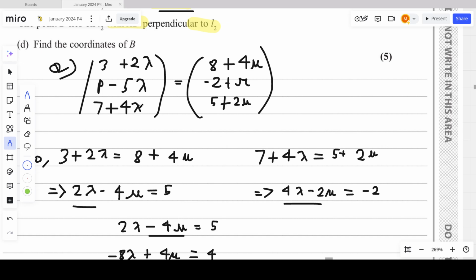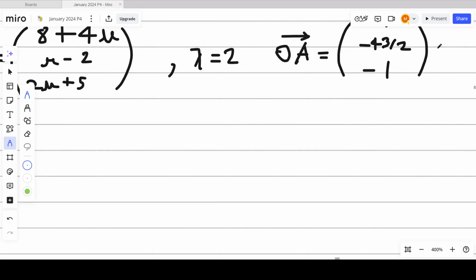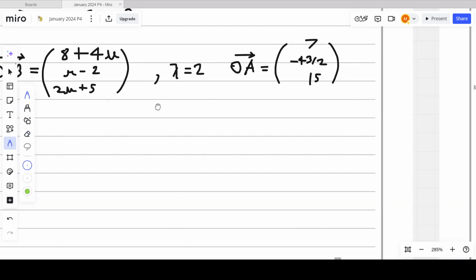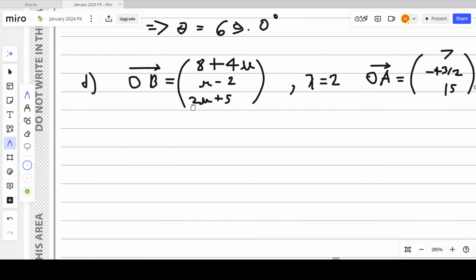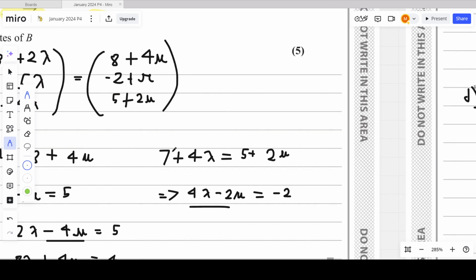4 times 2, this is what? Oh, lambda is 2. So 4 times 2 is 8, plus 7, this is 15. This is just 15. Okay. Now what we need to do here is that we need to use the concept from what? We need to use the concept from